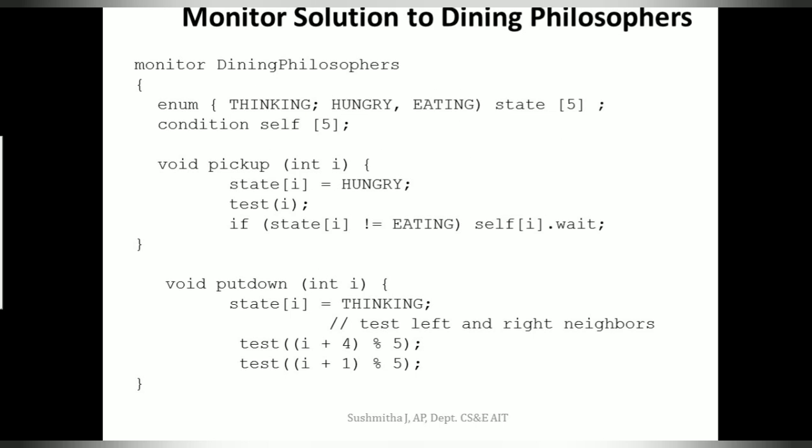Now let us look into the algorithm. The first thing it is talking about is, as if the philosopher is hungry, he has to pick up a chopstick. So let us see what the pickup procedure tells. The pickup procedure for a process i or a philosopher i: the state must be hungry, and if he is hungry, we run another procedure called test. So what is the test procedure doing?